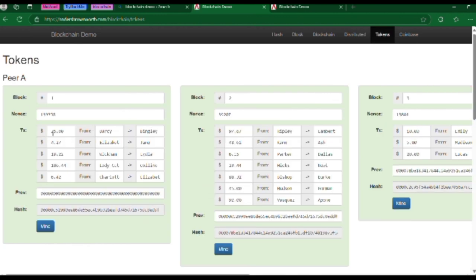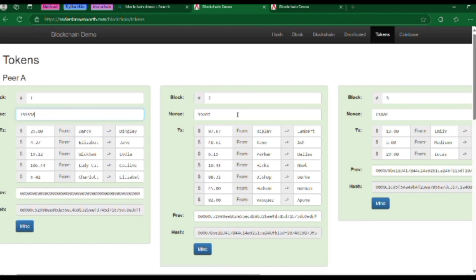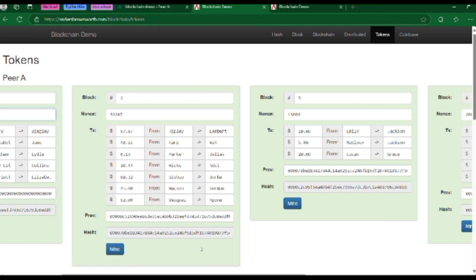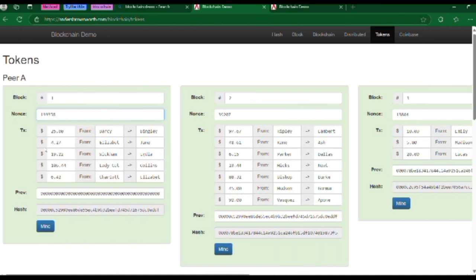Tokens and Coinbase are different ways to record these transactions. Tokens are complete individual records of transaction, whereas Coinbase is based on the initial transaction amount. In distribution, blockchain operates in a peer-to-peer manner. However, if data changes in one peer, it does not affect other peers.